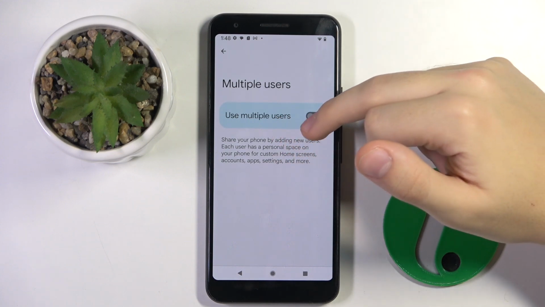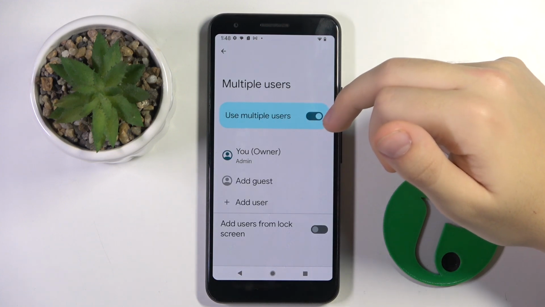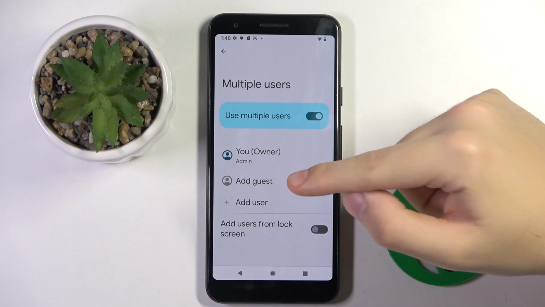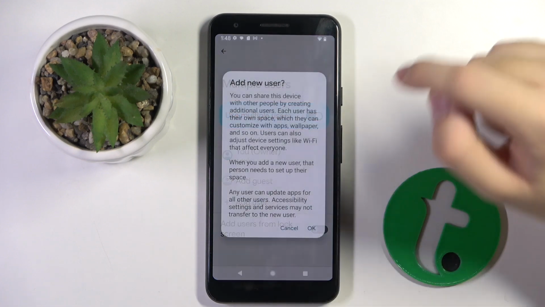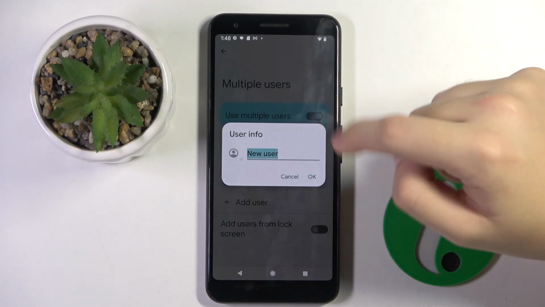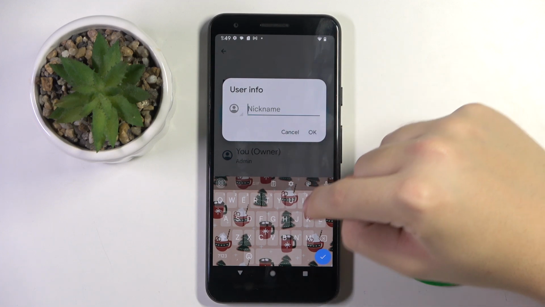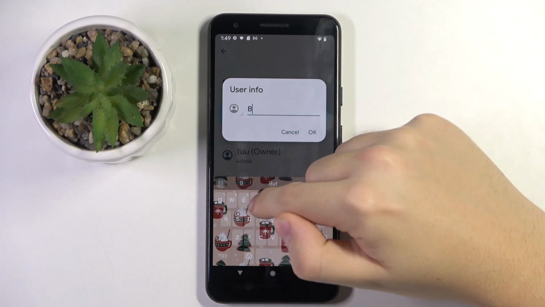Here we have to click on this button to use multiple users, and now as you can see we can add a guest and add a user, and we are going to add a new user. So here we can set a nickname of our new user, so I am going to name my new user Brian,